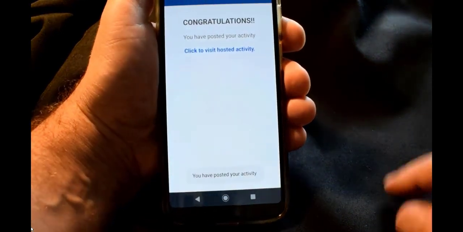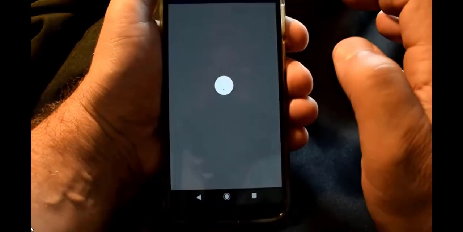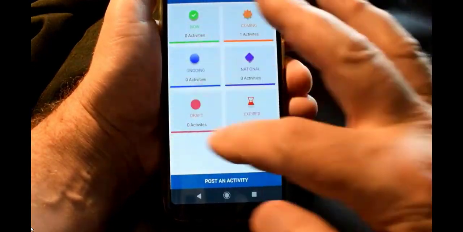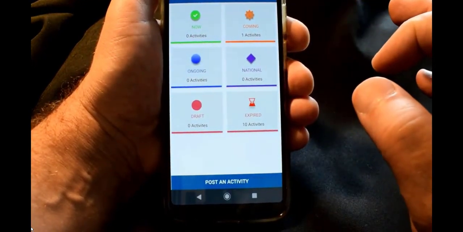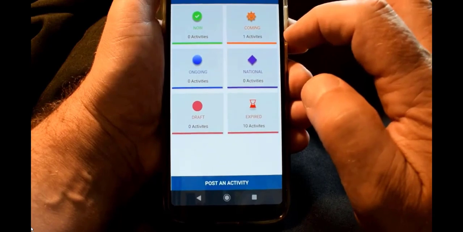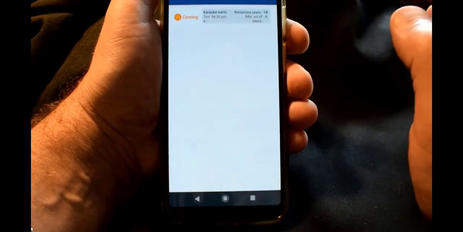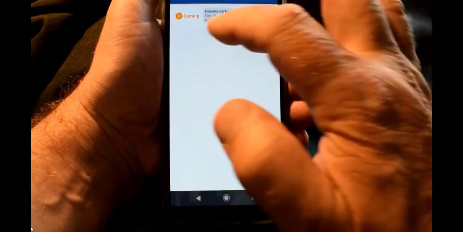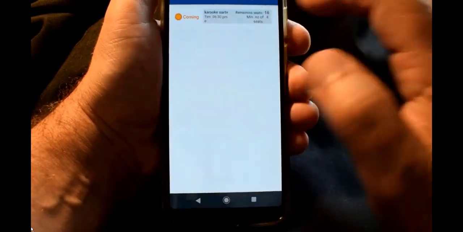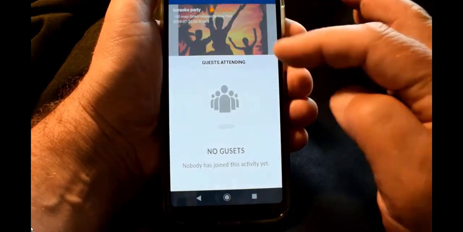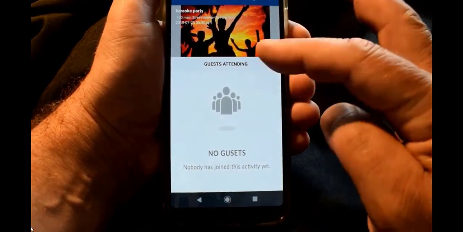And congratulations, check to visit hosted activity. So now it takes me to all of the activities that I'm a host for, and you can see there's one now that's been added for coming activities. You tap on that, it says karaoke party, right? You tap on that, and it takes you to a place where it says, here's the guests that are attending or not attending,